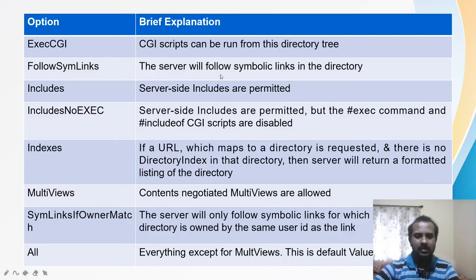Includes: server-side includes are permitted. IncludesNOEXEC provides every permission, but the exec command and the #include of CGI are not provided.